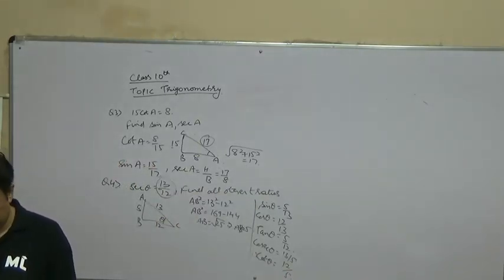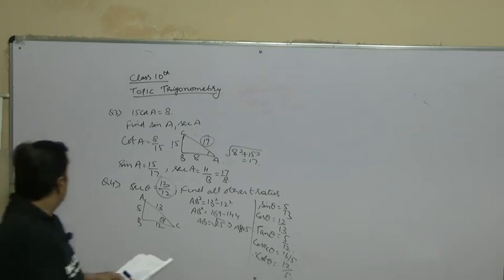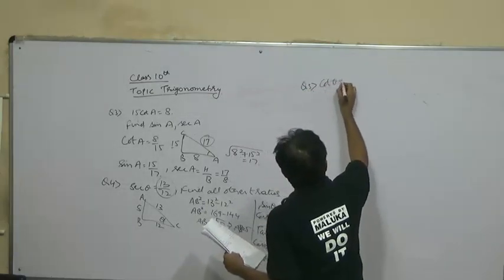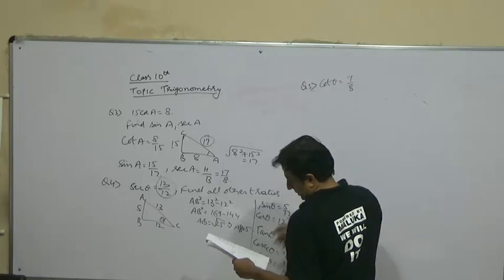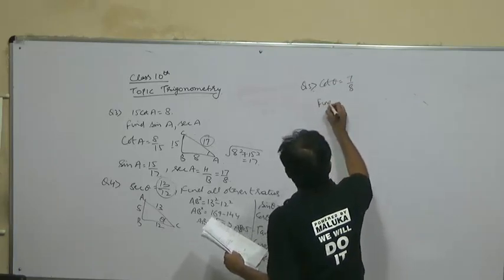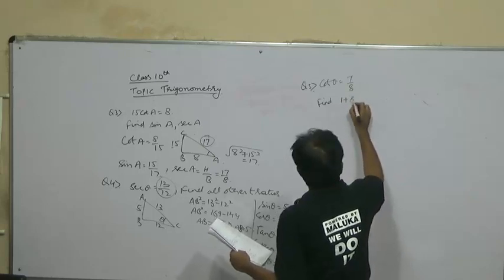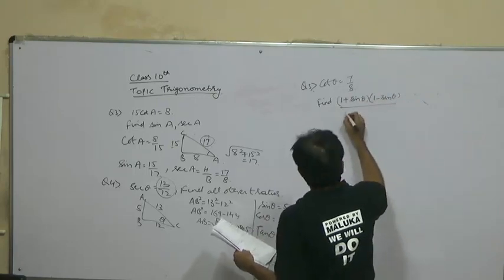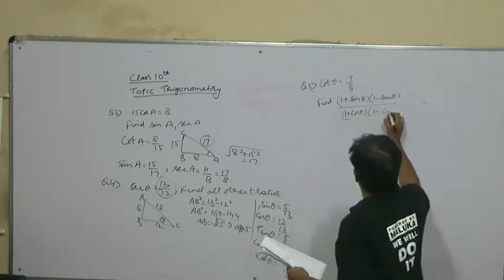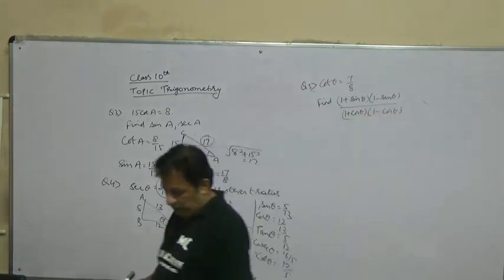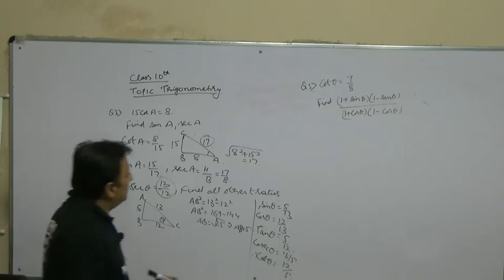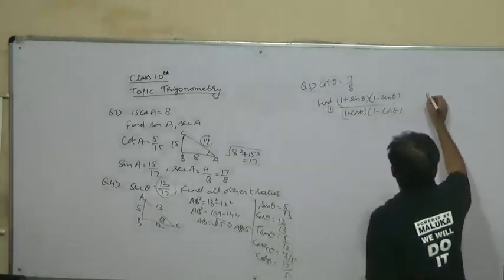The next question is, question fifth is, cot theta is given as 7 upon 8 and we want to find 1 plus sin theta 1 minus sin theta upon 1 plus cos theta 1 माइनस कॉस थीटा. हमें इसकी वैल्यू पता करनी है. सो एक्चुअली व्हाट वी रिक्वायर हेयर एंड सेकेंडली वी वांट कॉट स्क्वायर थीटा. दैट इज़ वेरी इजी.